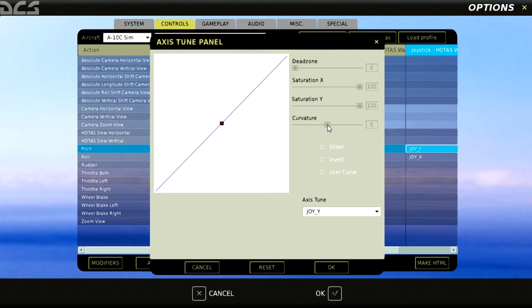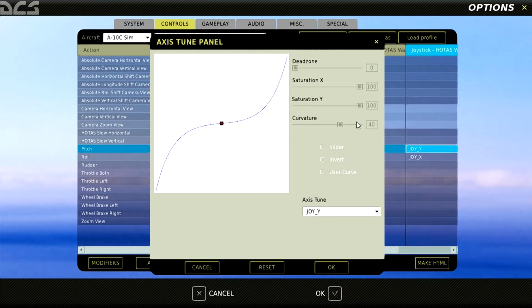When we put a curvature on it, we change that, and as you can see, the graph is starting to change. So if we put 40 curve on, we go to fit the 50% mark now. No longer is this at 50%. So the effect this has is it makes the lower ends, like these areas here and here, more precise. So you can actually use larger movements for much smaller movements in the aircraft. So it makes the area close to the center more precise, but as a trade-off, it makes the area away from the center much more